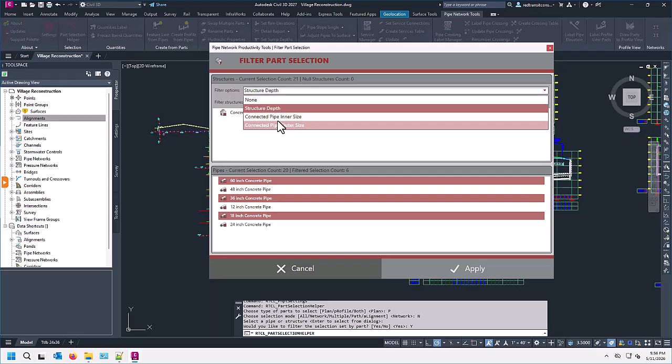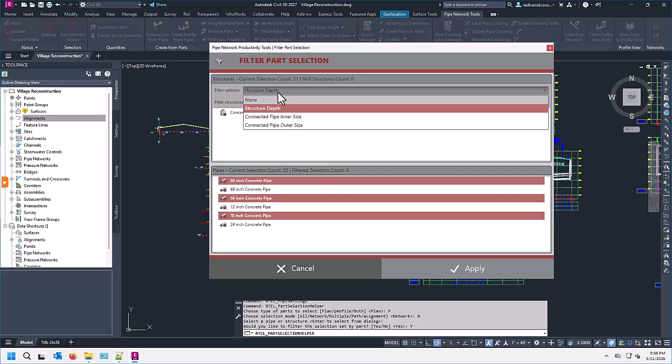Next, let's look at the other options. We have connected pipe inner size or outer size. So the pipe sizes that go into those structures, we want to select structures based on those. That comes in really handy for tools like swap multiple parts. We might want to grab all of our structures that have pipes that are larger than a specific value so that we can filter those out and swap those to a larger structure that is going to accommodate the correct